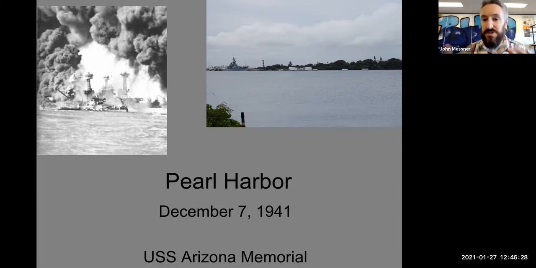It's kind of eerie as you go there, and kind of cool in a way that their memory is being preserved forever, and all 1,000 of them are still on board that ship, even though their lives were lost. And then kind of a cool thing for history's sake, this is the USS Missouri, which I've been on. So here's the USS Arizona, where World War II starts for America. What happens on the USS Missouri, another World War II battleship that survived the war, is that this is where the Japanese signed the surrender to America, ending World War II.